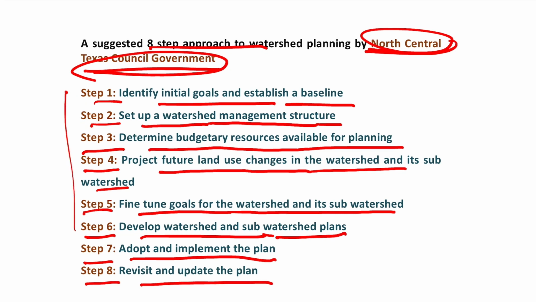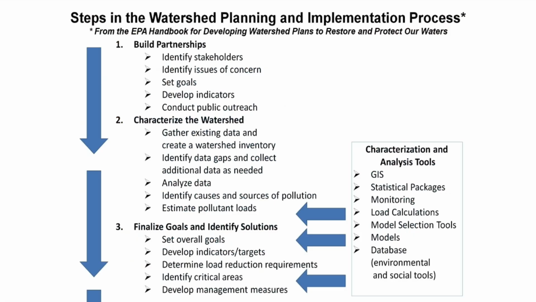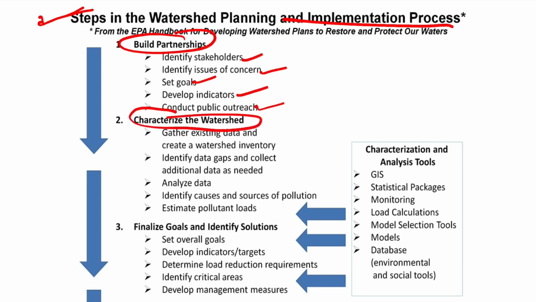So you can see this for implementing a watershed. This is the 8-step process by the North Central Texas government. So these are certain steps of the watershed planning and implementation process, right? So build partnership program, right? Identify stakeholders, identify issues of concern, set goals, develop indicators, conduct public outreach, characterize the watershed, gather existing data, create